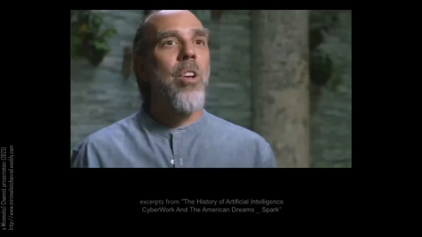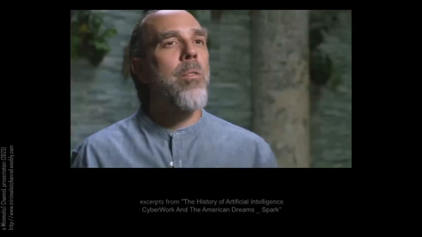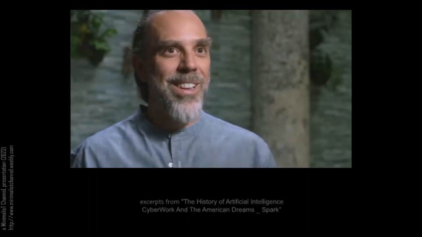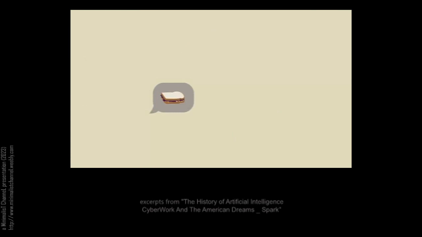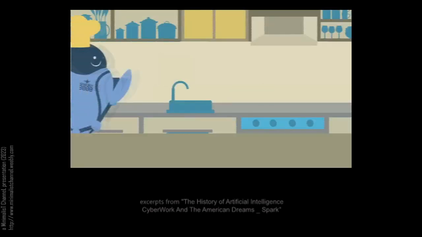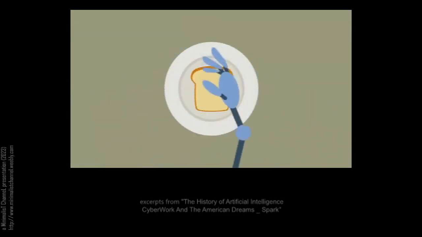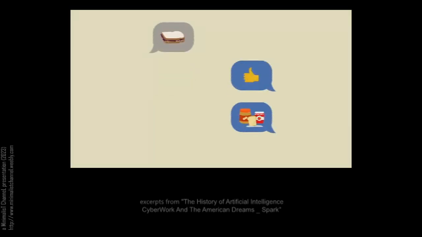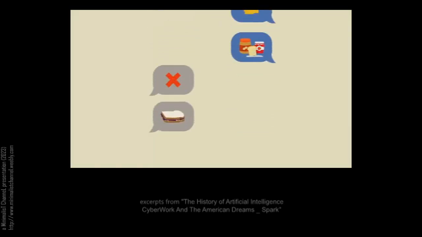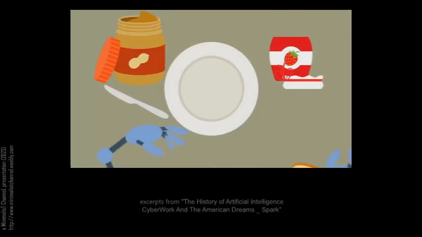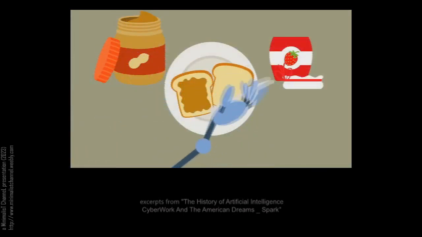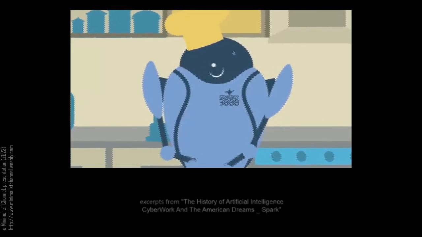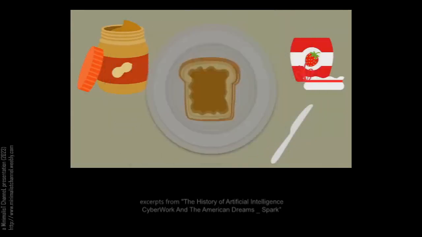Think about it as if you had an all-powerful but somewhat dopey genie at your disposal. And you said, make me a peanut butter and jelly sandwich. And he shows up and he just drops the bread and a jar of peanut butter and a jar of jelly and a knife in front of you. And then you say, no, I want it as a sandwich. So then he gets out the piece of bread and he spreads some peanut butter on the bread, spreads some jam on the bread, and he puts them together with the peanut butter on the outside here and the jam on the outside here and slaps it down on the table.